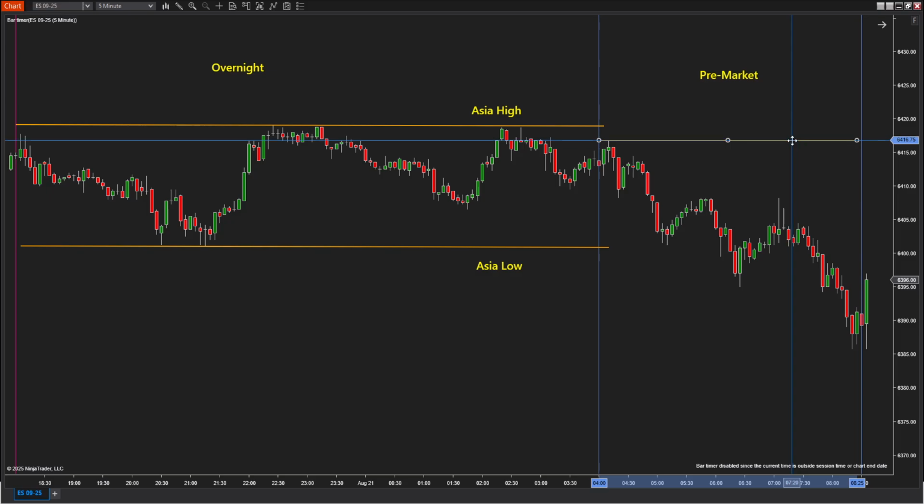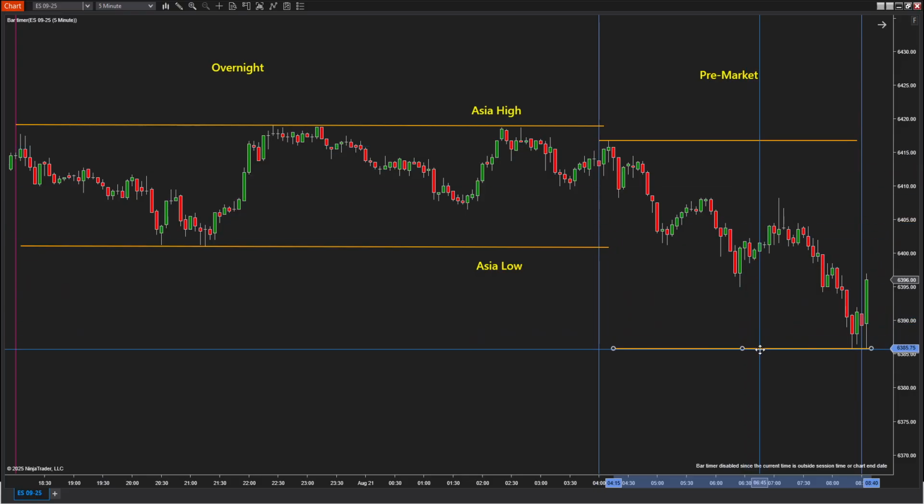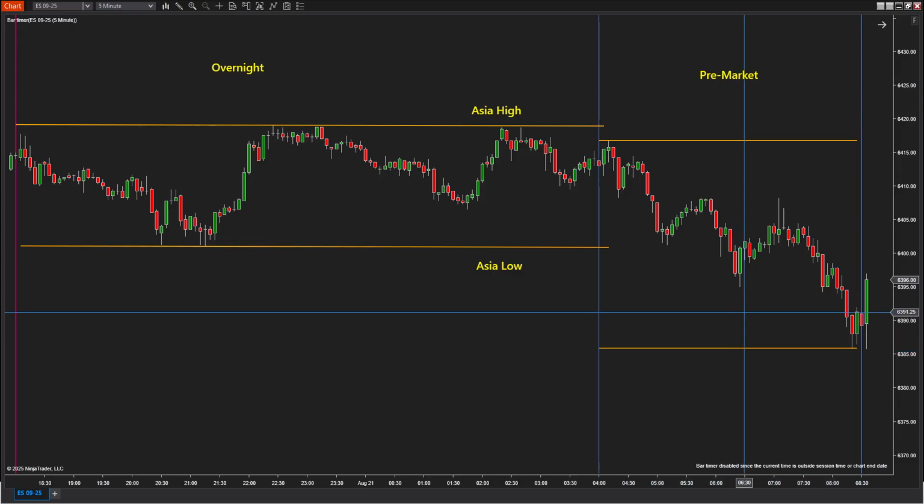Now, as I'm watching pre-market in real time, these levels actually move, because you got, what do you got here? You got an Asia high, pre-market high that just put in 10 minutes after the pre-market session started. So then when you have this swing, this would have been a pre-market low at the time, right? And then the pre-market low was broken, and then you got a pre-market low here, and then you have a swing up, and then you have a breakdown again, and new pre-market lows are being put in.